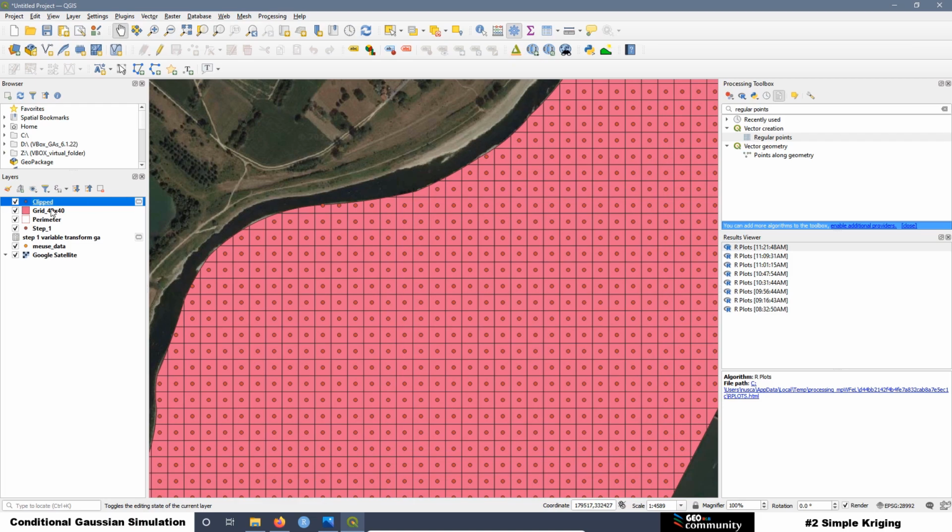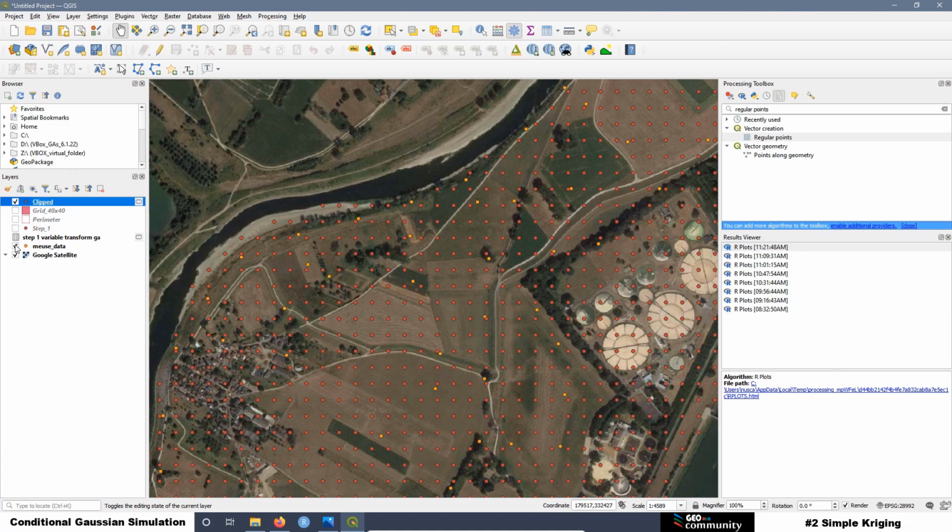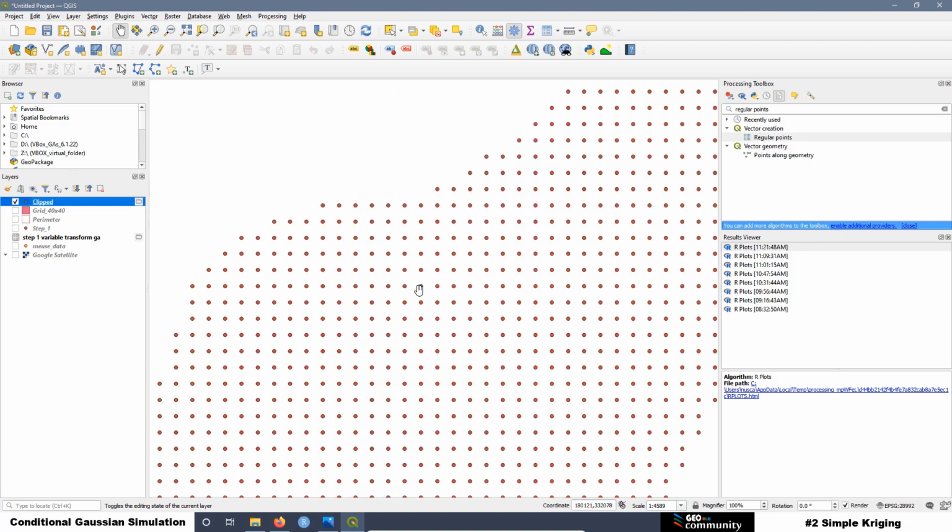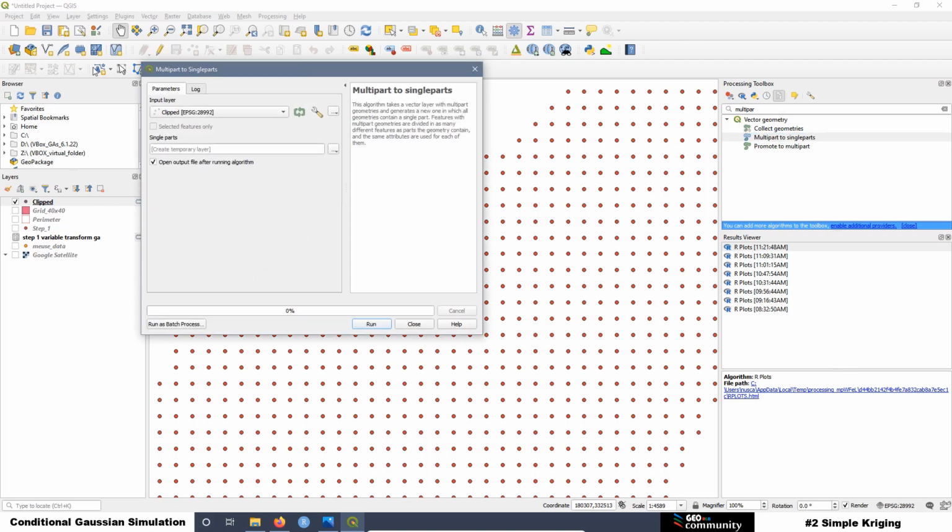And the last thing that we need to do with this layer, the one with the points, is to change the geometry. In this case, the geometry is a multi-part, and we have to convert this one to a single part. To do that one, we are going to use a script that comes by default in QGIS that is called multi-part to single parts. Multi-part to single parts. Double click to open, then select the layer, is this one,